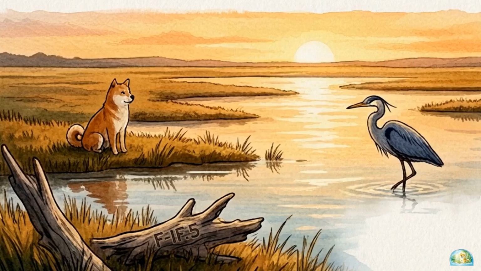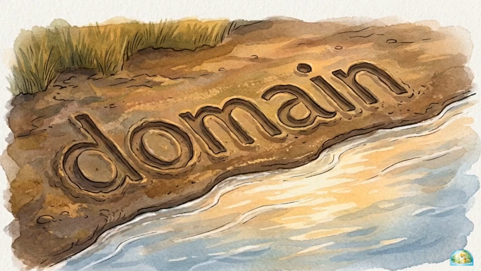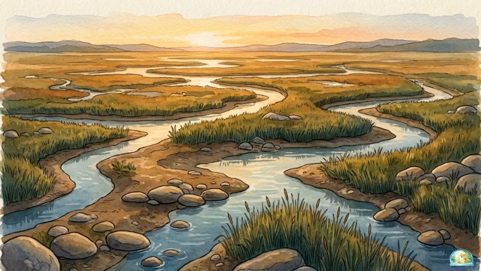Watch the marsh first. The math is built into the world, meaning the quantities can be seen in the environment before they are formally named. We call the complete set of allowed inputs for any given relationship its domain. Before writing down that domain, we have to identify the physical, visual, or logical constraints of the environment the function